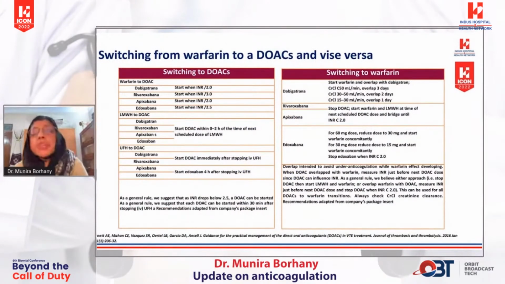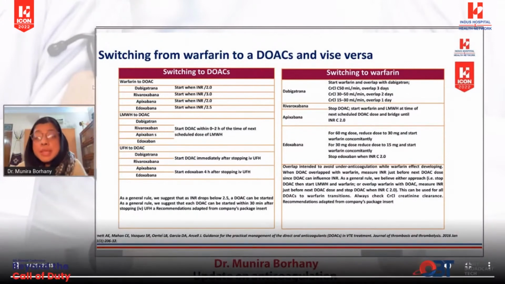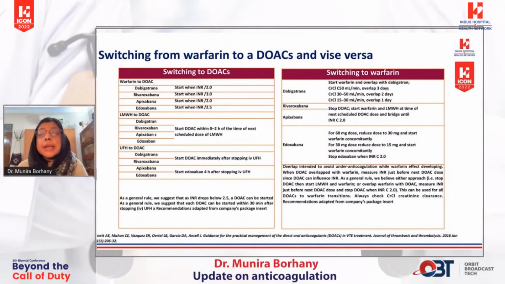स्विचिंग, जब हम पेशेंट्स को एंटीकोगुलेंट थेरेपी देते हैं तब भी ये बात हो रही होती है कि स्विचिंग अलाउड है या नहीं अलाउड है। यस, स्विचिंग इज अलाउड, और आप दोनों तरीके से स्विचिंग कर सकते हैं, यानी डोएक्स से वारफेरिन की तरफ भी कर सकते हैं और वारफेरिन से डोएक्स भी कर सकते हैं, यानी इन वाइस वर्सा इज अवेलेबल। और जनरल यूजुअली ये होता है कि जब भी INR इज अराउंड 2.5 और या लेस देन 2 हो तो आप वारफेरिन से स्विच कर सकते हैं डोएक्स की तरफ। इसी तरह लोग हमसे पूछते हैं कि हम डोएक्स से वारफेरिन पे भी स्विच कर सकते हैं। यस, इट कैन बी स्विच, और वहां पे भी यही है कि INR अराउंड 2 होना चाहिए, और जब भी नेक्स्ट डोज होगा डोएक्स का, उसी वक्त आप वारफेरिन स्टार्ट कर देंगे।